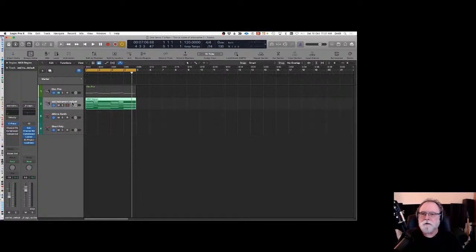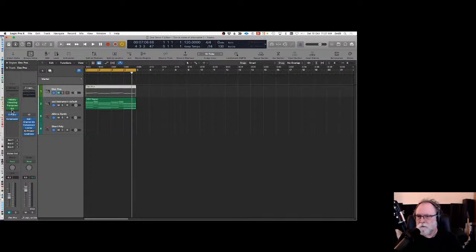So, yep, hopefully that's given you some insights as to some of the stuff that you can do in Logic as far as chords go. And by the way, if you're doing this kind of thing with the channel strip, with the chord trigger and the transposer at the same time,